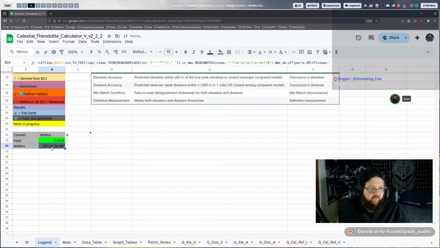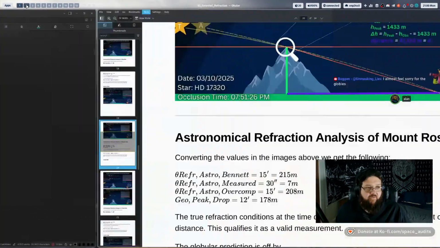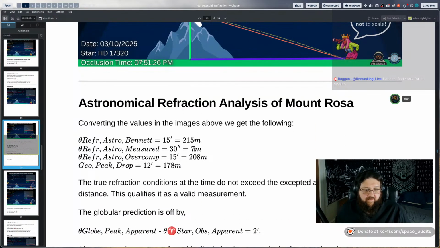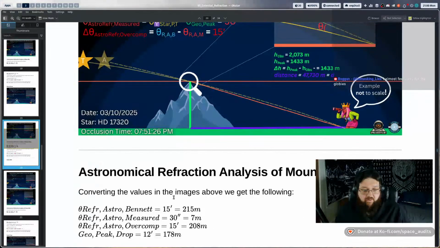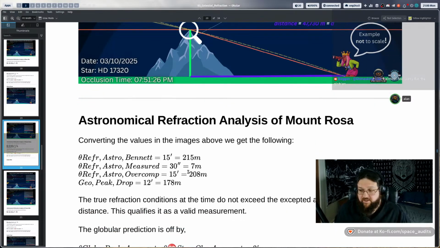Yep. Sorry. So the actual amount of refraction was 154. So basically 2 arc minutes of terrestrial refraction. And so if there was 2 arc minutes of terrestrial refraction, that would have displaced the star a little further than the 30 arc seconds difference. So it would have been terrestrial refraction plus 30 arc seconds. And that wasn't what was measured. It was just the 30 arc second difference.